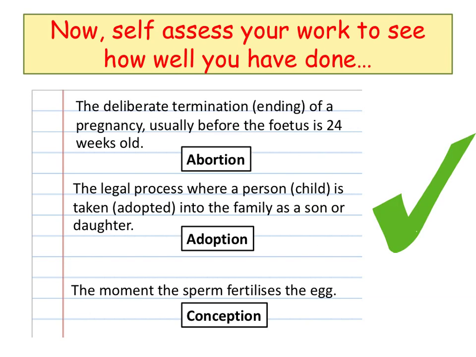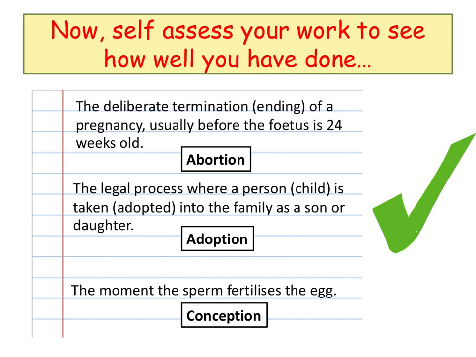Now all you need to do is self-assess your work to see how well you've done. Put a tick next to them if they're right and make sure you correct them if they're wrong. The deliberate termination or ending of a pregnancy, usually before the fetus is 24 weeks old, is known as abortion. This is the key word to the whole of this topic. You must know about abortion, you must know what the definition of abortion is in order to be able to